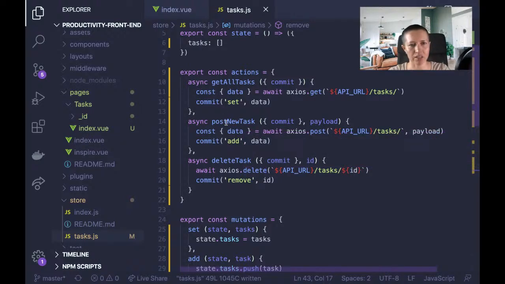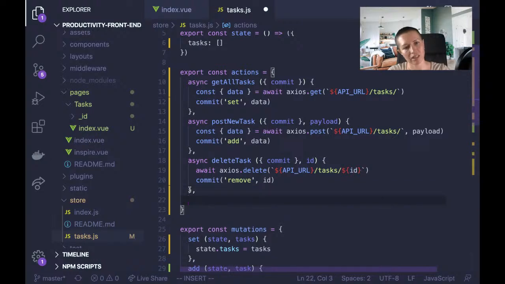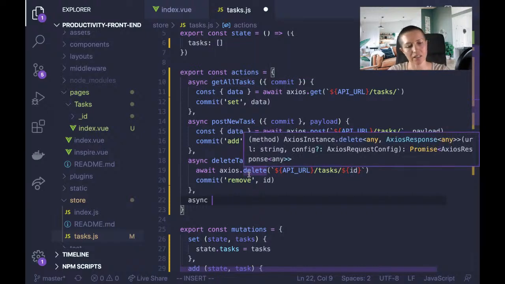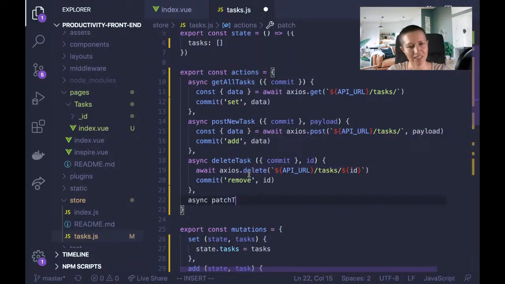So I have get all tasks, post new tasks, delete task, and I'm gonna call this async. Since I seem to be using HTTP method names for these, I'm gonna call it patch task,